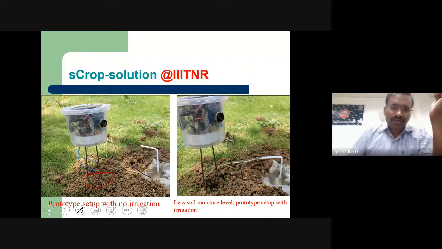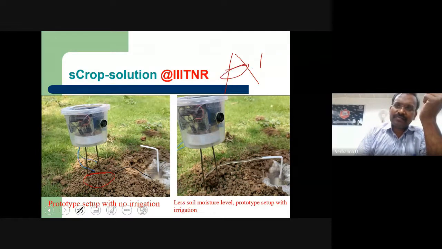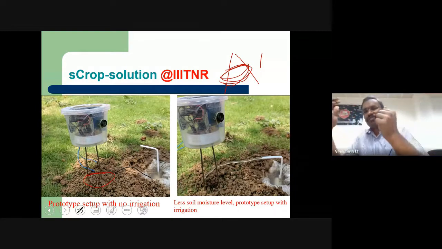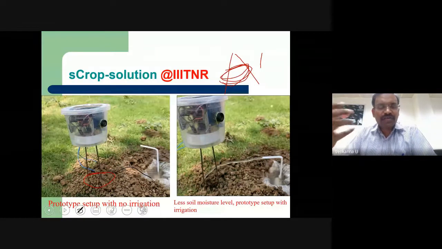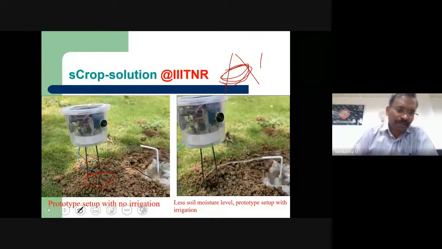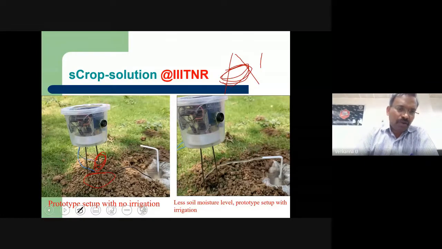First, they may not work for deep roots. Second, they may corrode over time. Suppose you deploy today, after 2 or 3 days it is going to be corroded. If it has rust, obviously your readings are going to be wrong. That's why we developed our indigenous soil moisture sensor and deployed the camera.